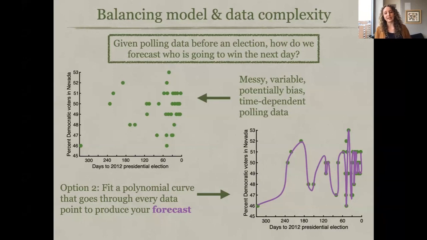And so you could, in theory, fit some polynomial curve that goes through every single data point in this picture, right? And if you were to do that, you would have zero error between your model and your data points. But at the same time, all you need to do is run this curve one single day more, and it would just blow up, right? It's probably not going to be able to predict things in a meaningful way, because really what it's doing is capturing some noise in the system.